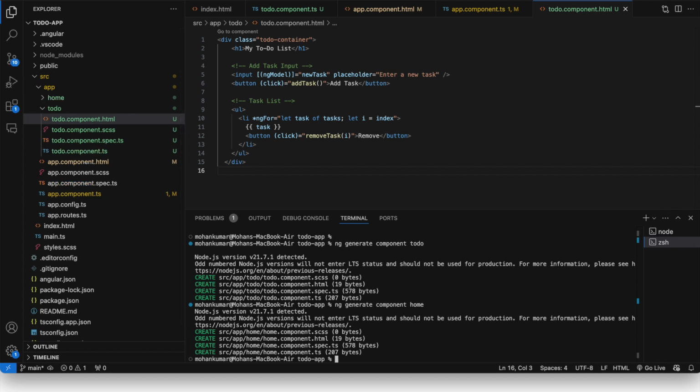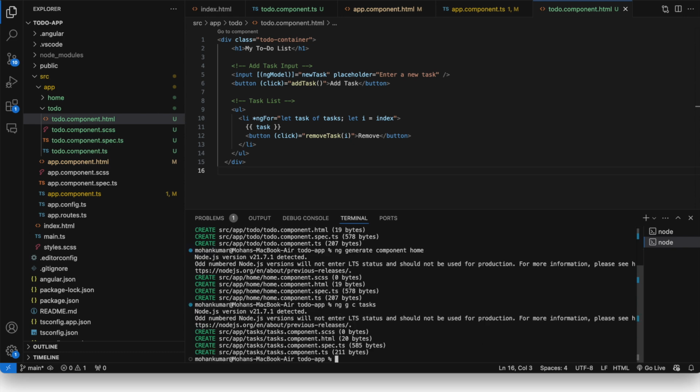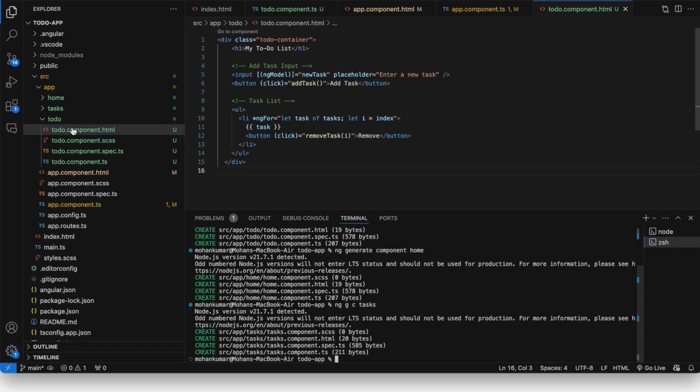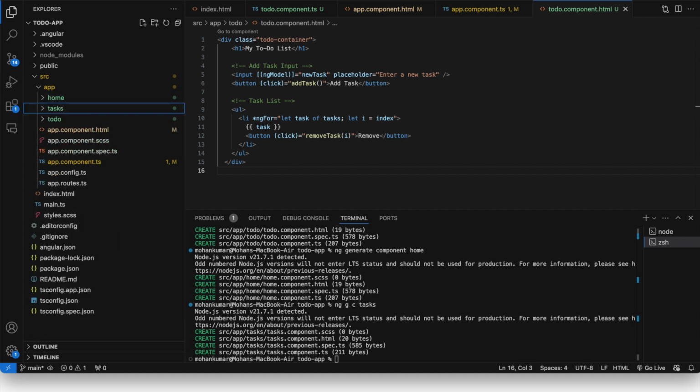Now in a similar way I will add a command ng generate component. I can have a shortcut also. Let me give you the shortcut: ng g c, g for generate, c for component, and tasks. So a new component called tasks will be created by using this command. Now you see on the left side, we have a home component and we have a task component. So let's write the business logic first,